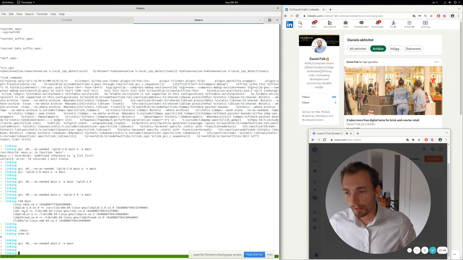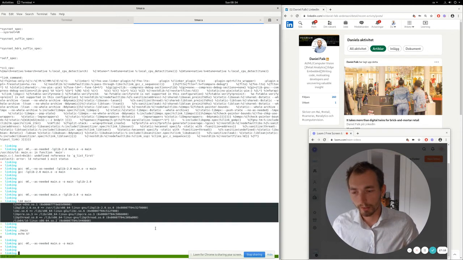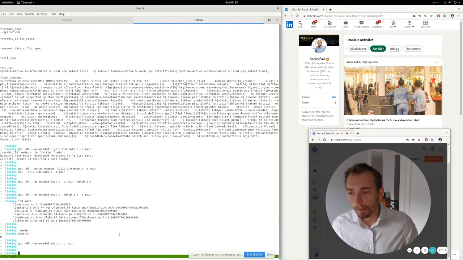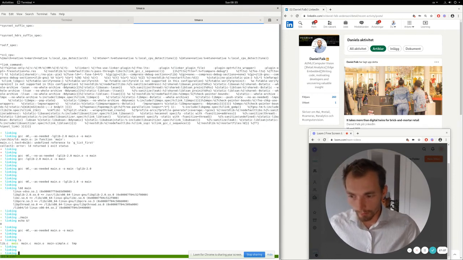All these lines are different libraries that our main application is dependent on. If this list is too short, we have underlinking. If this list is too long, we have overlinking. And to best show this, we will compile a shared object instead of an executable. So I have prepared